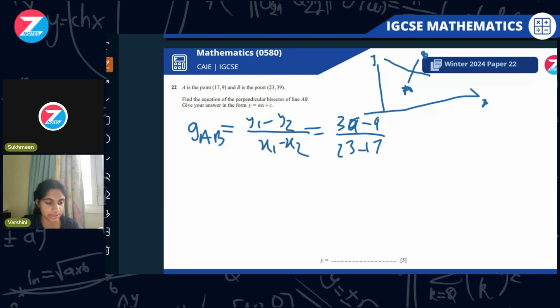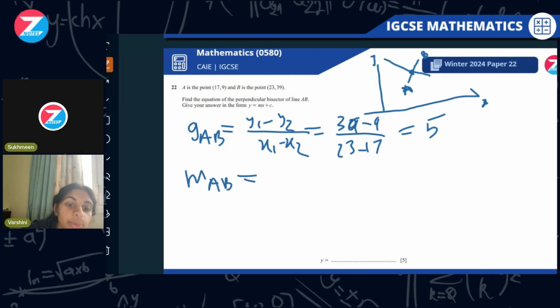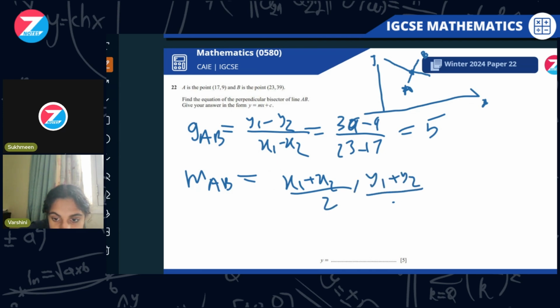23 minus 17, and you should get 5. So also, we should find the midpoint to get a point that the other line has. So M of AB, we know the midpoint formula is going to be x1 plus x2 by 2, comma y1 plus y2 by 2, which is going to be equal to,